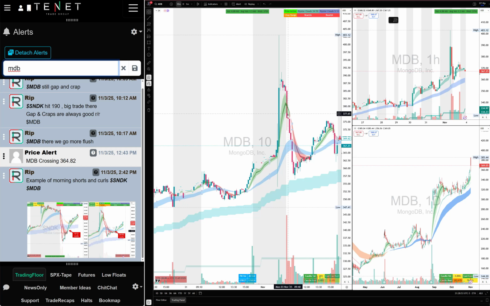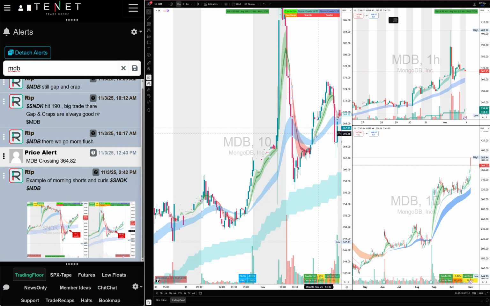And you see it was going from, this is called an air gap, this is also called the MTF magnet. You see 512 breaks, you short here, you hold as long as it gets closer to this 34 1-hour cloud, and you could close your shorts here, and you could always long it. And you see how Ripster clouds work. The call from the Ripster cloud took it back to the 374. So that's the power of the Ripster cloud system, guys. It tells you when to short, it tells you when to long. Another beautiful gap and crap setup, guys. Let's go to the next one.